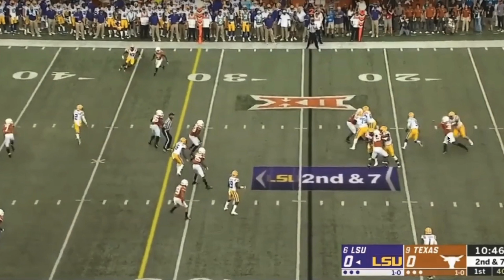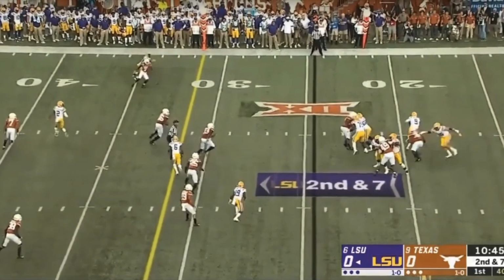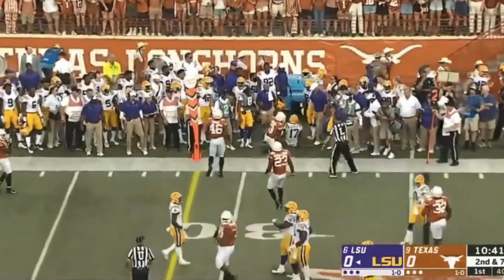Defender's bearing in, shows good pocket presence. Able to come to the outside, keep his eyes downfield. We see, hey, the safety's coming over, so another reason why he probably didn't go there. And he sees that this receiver's man-to-man. He's going to trust his guy to go make a play. He's got outside leverage. Just put the ball towards the sideline, able to make the catch, and now going from